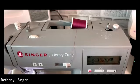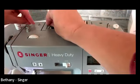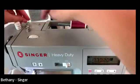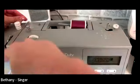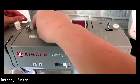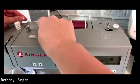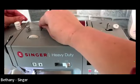on every machine, okay? So if I'm threading this machine, I've got my little hook here, but there's always arrows and numbers. For the solid line, that's to thread my machine. But for the dotted line, that's to do my bobbin, okay? So I want to start with number 1. So both bobbin and top threading to the needle start at number 1,